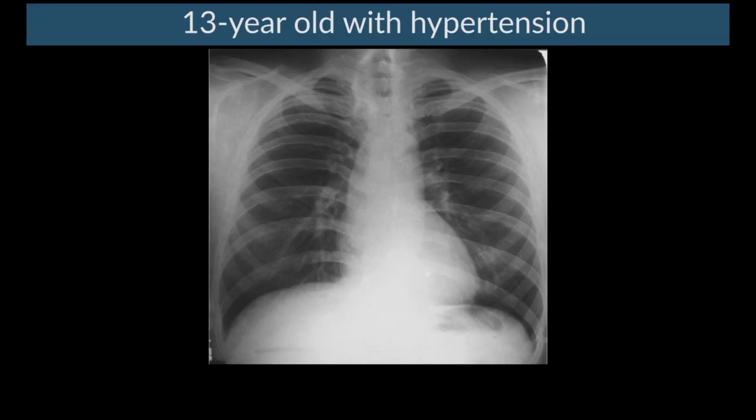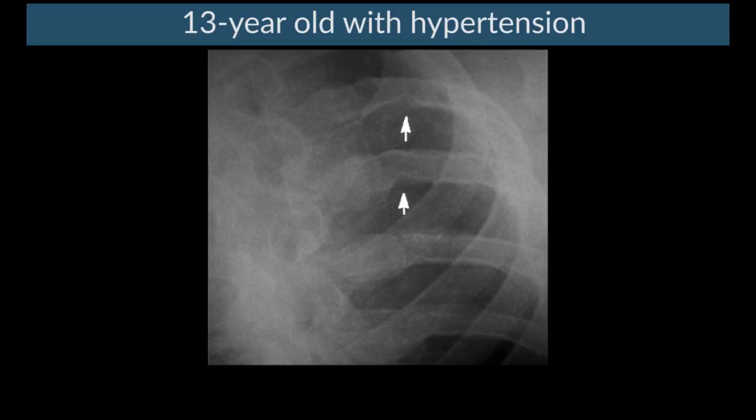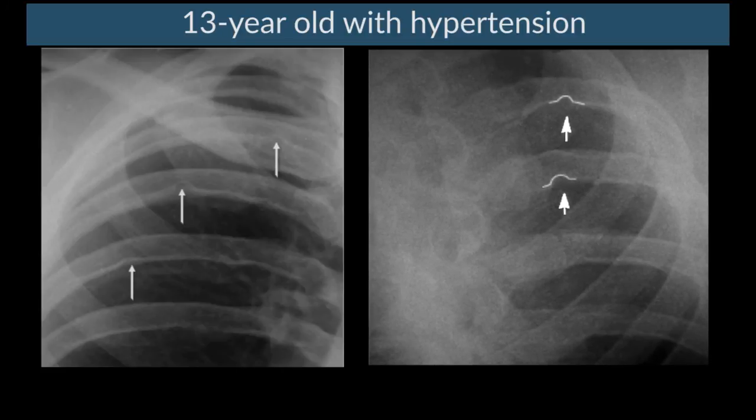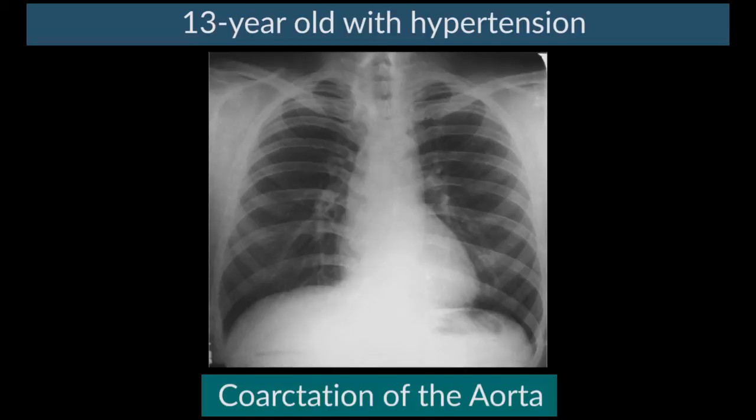Here we have a 13-year-old who also presents with hypertension, and very much like the prior chest x-ray that we were just seeing, there is some mild uncoiling of the thoracic aorta. When we focus on the ribs, we notice that there is inferior rib notching in a number of ribs on the left side. When we look at the ribs on the right side, there is a milder version of this rib notching. This is due to coarctation of the aorta and multiple collaterals that course along the inferior surface of the ribs, and the pulsatility causes notching and pressure